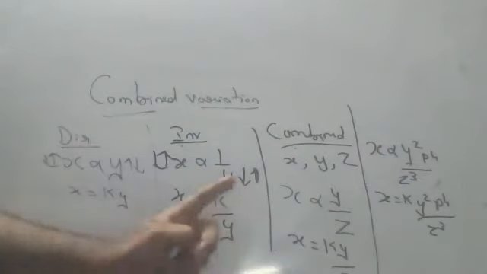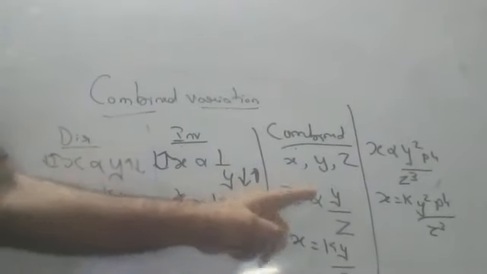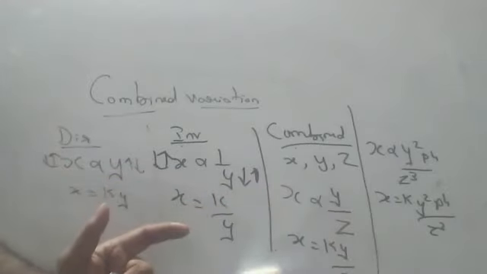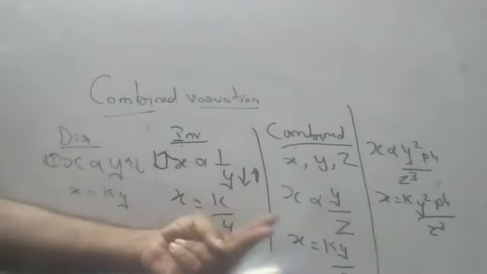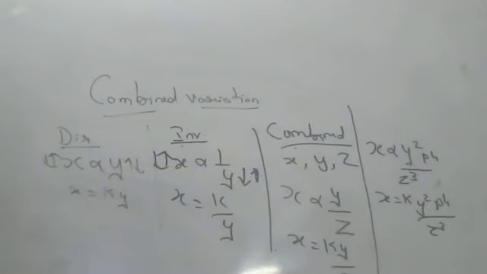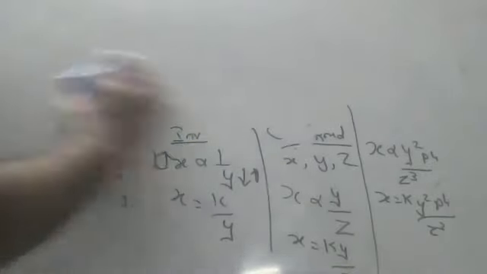In combined variation, many times they will say direct or inverse. If they say, it is easy, children. If they don't say, you should analyze whether it is directly proportional or inversely proportional. In the description, a link will be there, children. Open that. I have given almost 20-25 sums. If you practice them, you'll become perfect, because in your textbook hardly one sum will be there on combined variation. But combined variations are very, very important for your competitive exams. In many cases, IIT and all those, they regularly ask combined variation sums.